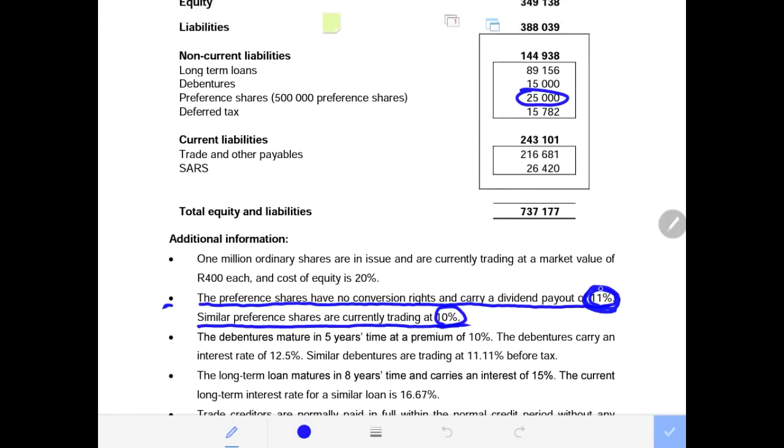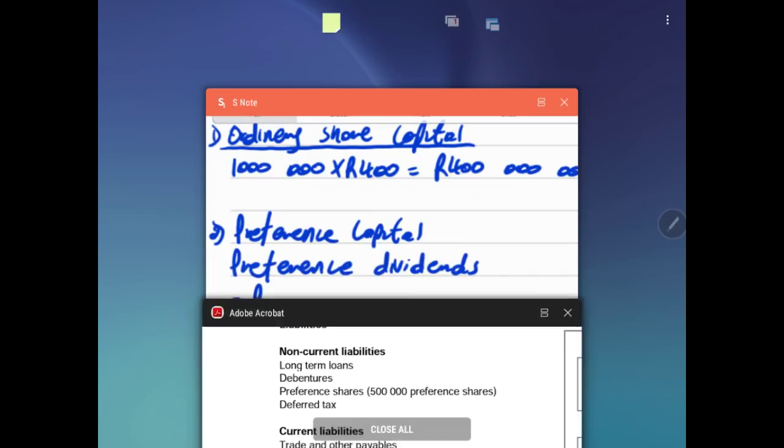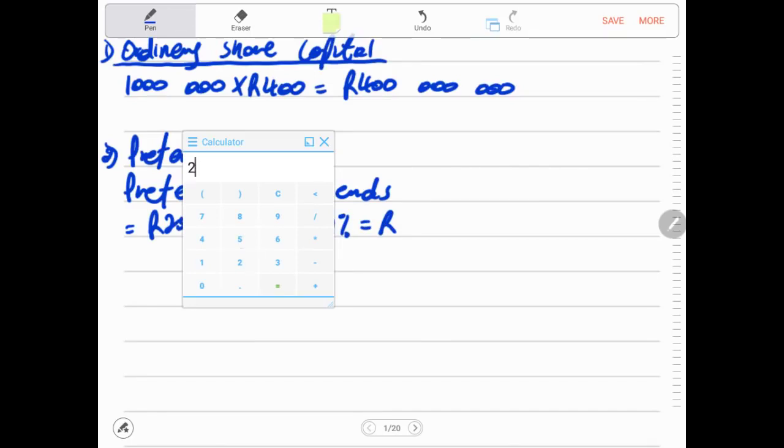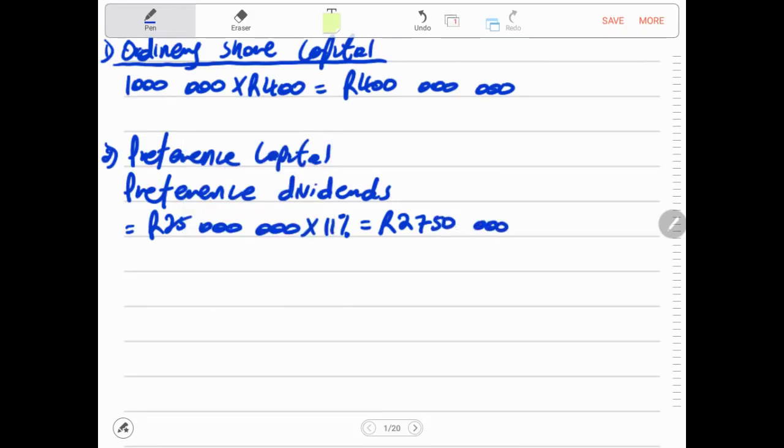There we have our preference payout of the shares at 11%. That is the amount that we pay. So now we have 25 million, and 25 million times 11%, and we will see what we have. So this gives us 2,750,000. So now this is our